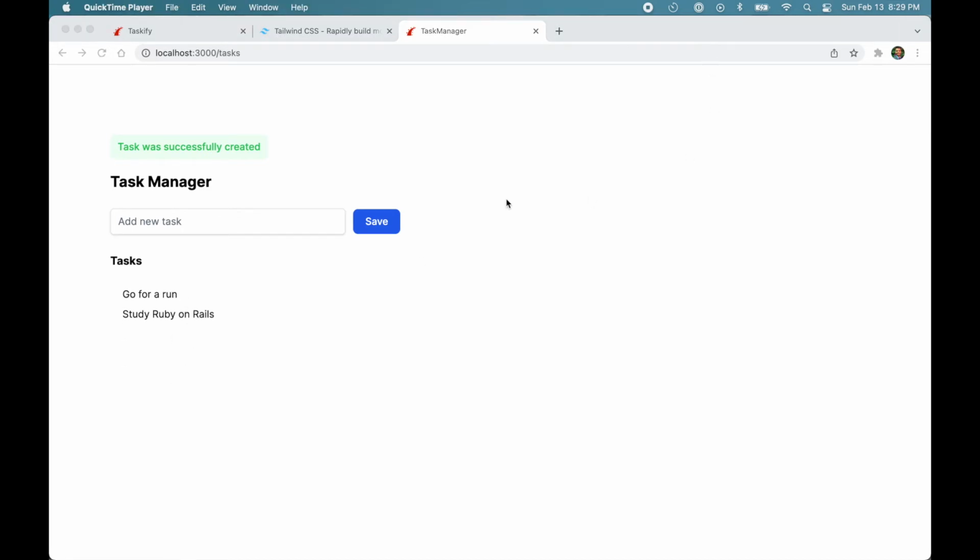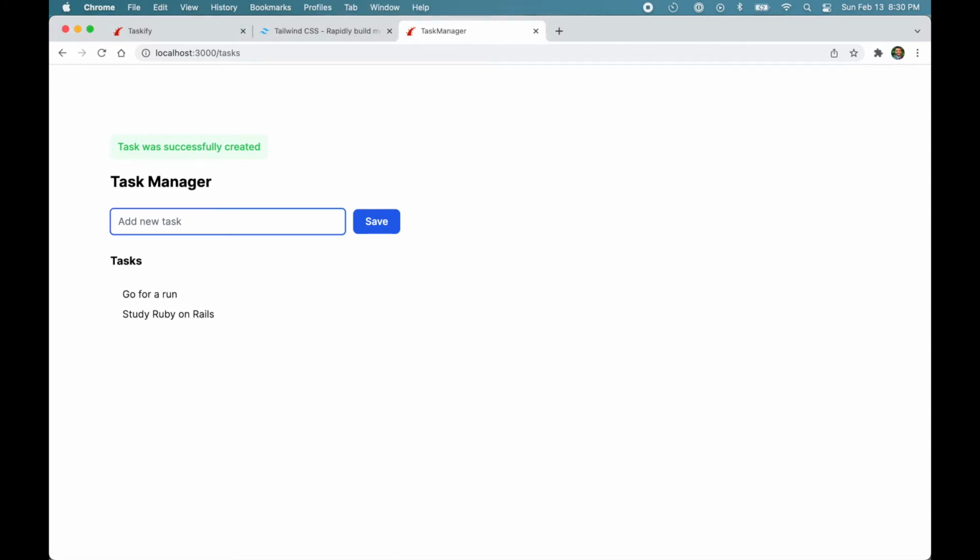At this point, some of you might be wondering, hey, you said we are going to use Hotwire in this tutorial. When are we going to get to that part? If so, I have a surprise for you. We're already using Hotwire, at least a sub-framework of it called Turbo Drive, which is activated by default in a Rails 7 app. So notice that the browser is not doing a full page reload when we add a new